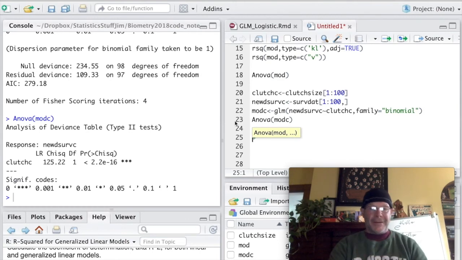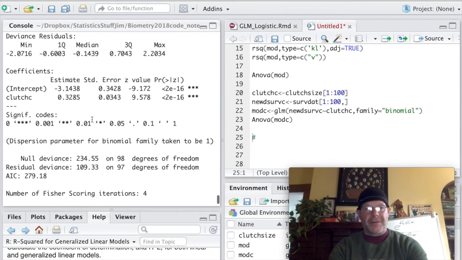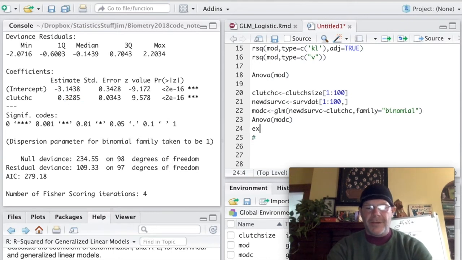And what we find is it's significant. And what that means is that clutch should stay in the model for the ones where you're in the control group. So clearly there's something going on with clutch size and survivorship when you're fully exposed to natural enemies. And if we go up here and we look at the parameter estimate, which is 0.3285, if you recall, if we exponentiate that,